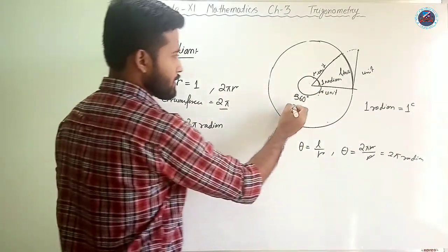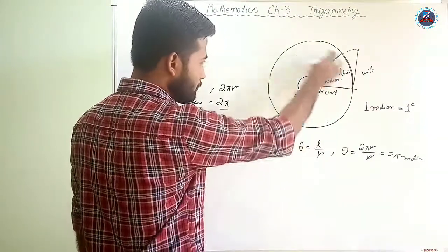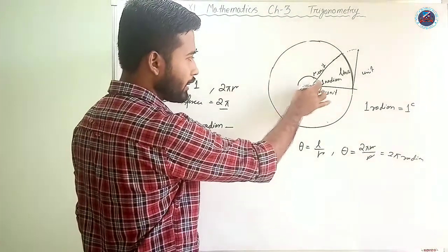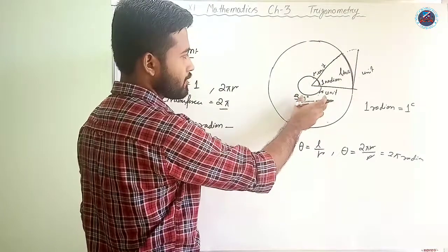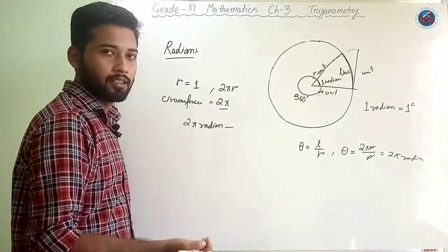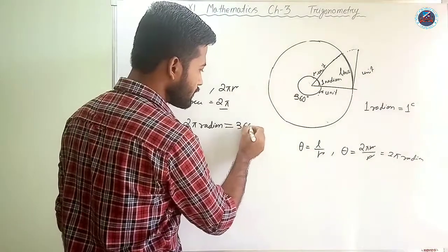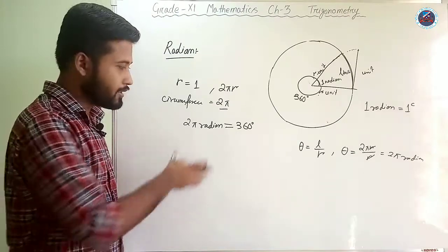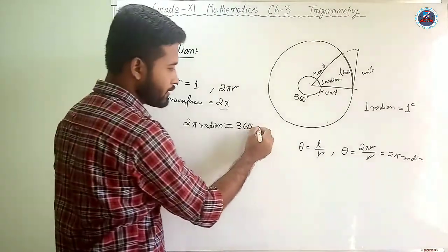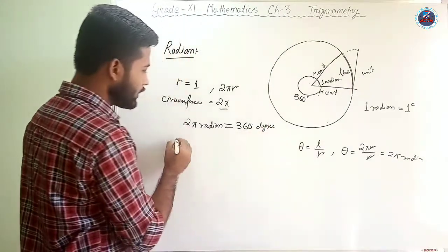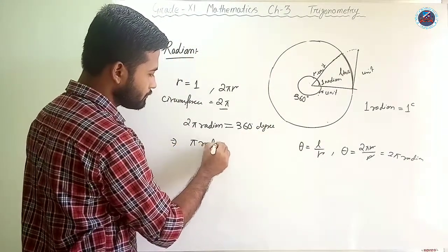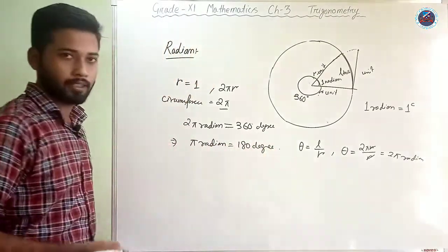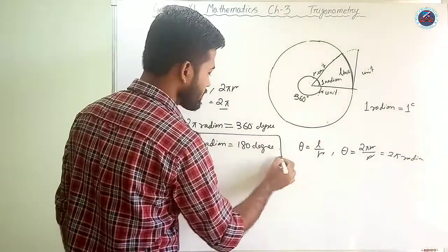Now from these two cases, the measurement of the angle in terms of radian is 2 pi radian, and the measurement of the angle subtended by the whole circumference, or the total complete angle, in terms of degree is 360. So these two must be equal, isn't it? Clear? This is the radian case and this is the degree case. So from there we can derive that pi radian is equal to 180 degree. Fine. Now this is the relation between radian and degree.